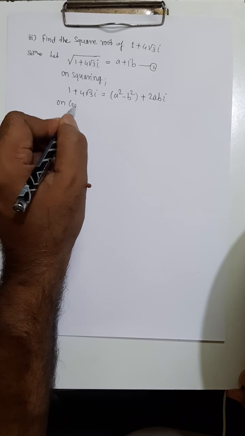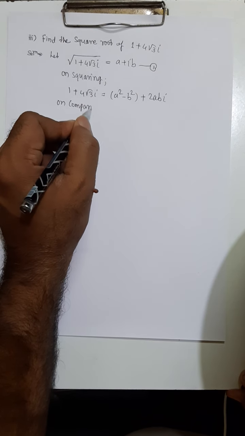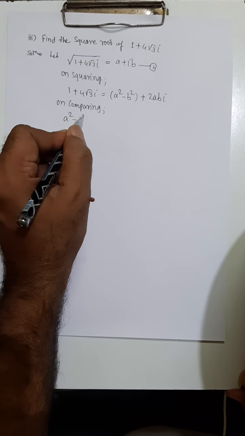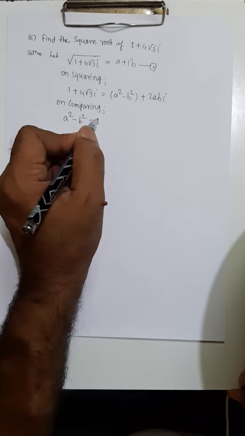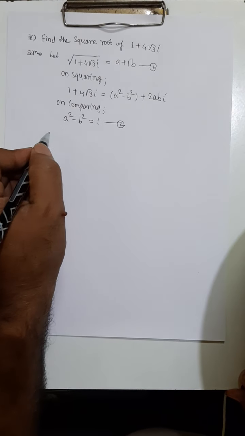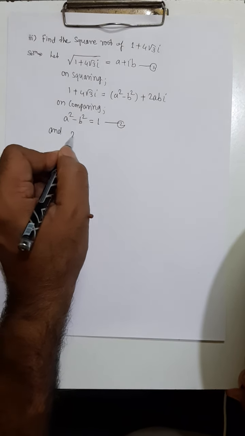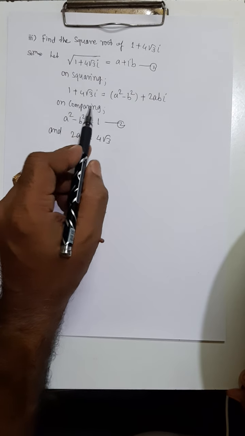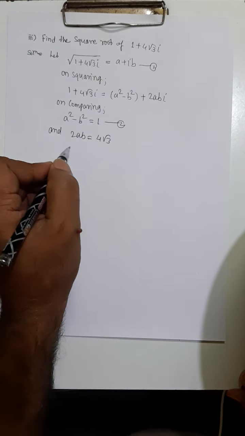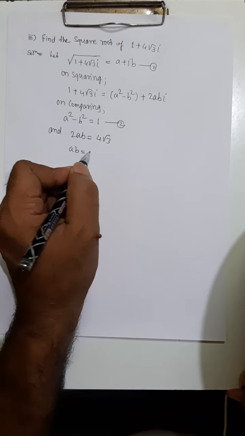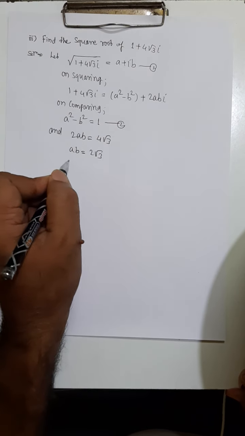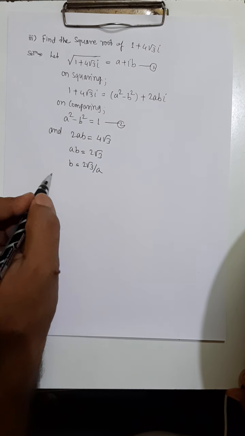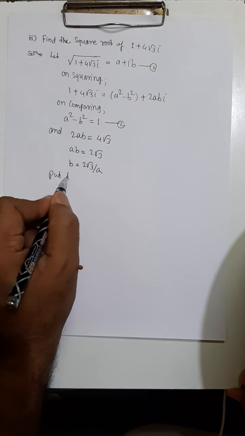Then compare both sides. So we get the real part: a square minus b square is equal to 1, equation 2, and the imaginary part is 2ab is equal to 4 root 3. The coefficient of i is the imaginary part. So ab is equal to 4 upon 2, 2 root 3. So b is equal to 2 root 3 divided by a. Put this value into